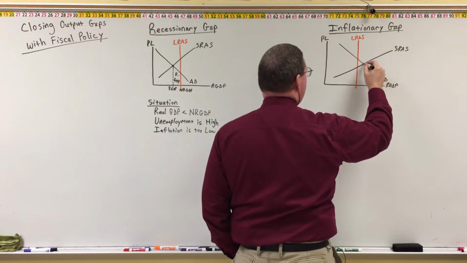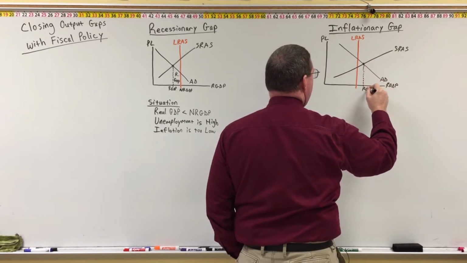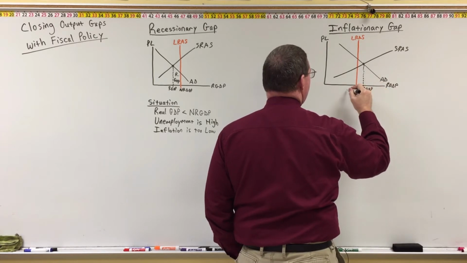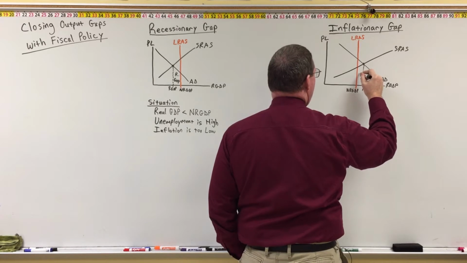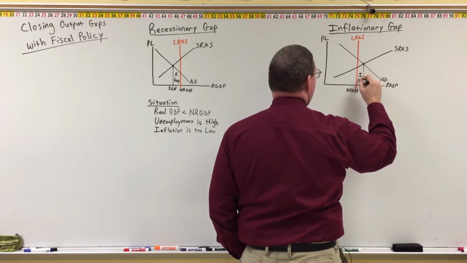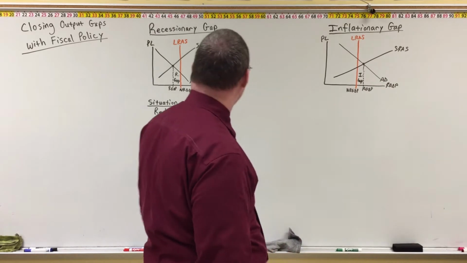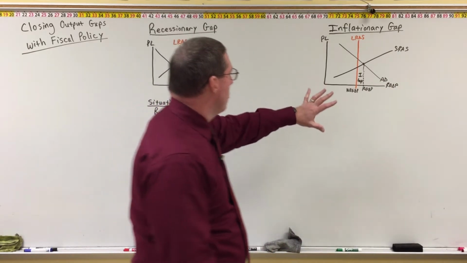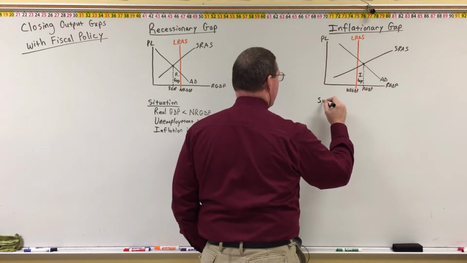And here's our intersection, short-run equilibrium. Come down here, you can see that real GDP is larger than natural real GDP. And so we are in an inflationary gap. I'll call it an I gap, inflationary gap, okay? So over here, we have the opposite situation. All right, let's check out our situation over here,